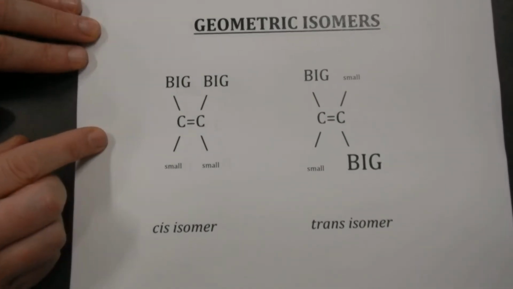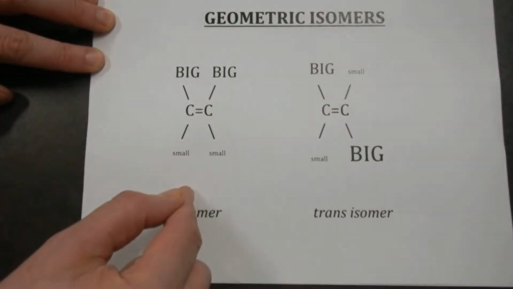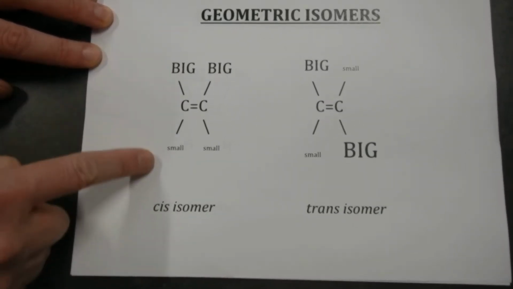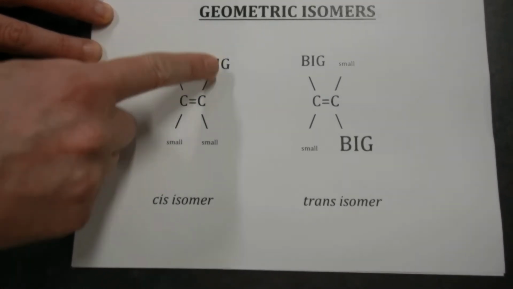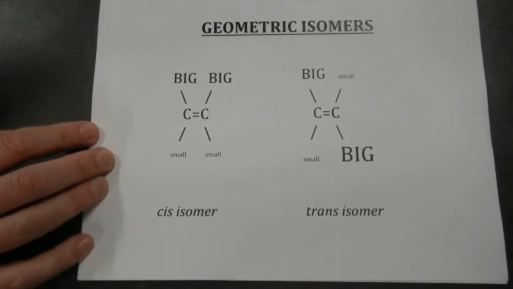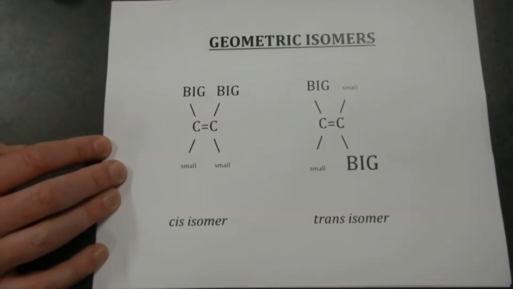When we look at geometric isomers, we have to look at our structure, and we have to slice it in half. And then we look to the left, and we decide which thing's bigger and which thing's smaller. And then we look to the right and decide which thing's bigger and which thing's smaller. If we can see a difference, and in this case, if we have both big things pointing up,